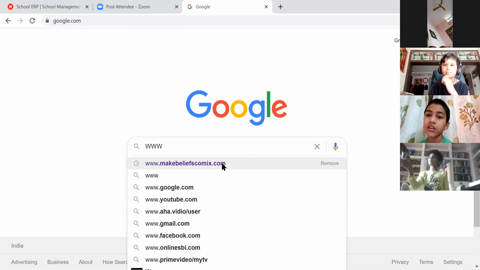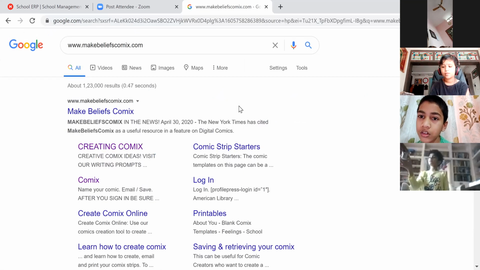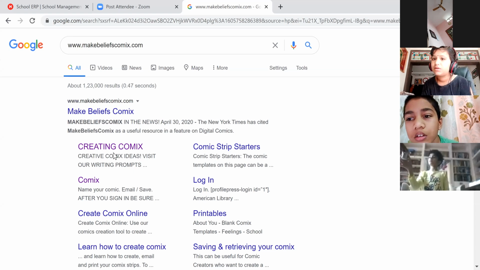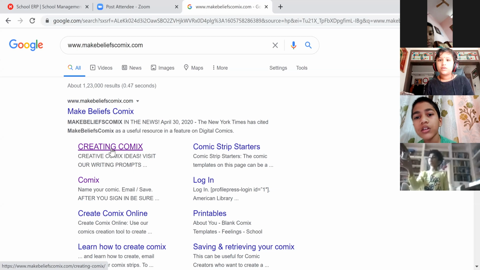www.makebelievecomics.com. I'm opening that. What can you see on the screen, Shanmukha? Make a strip. Yeah, creating comics. Once I type the www, it has opened.